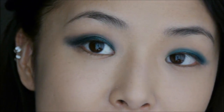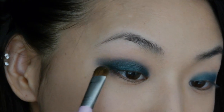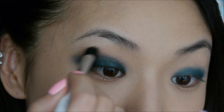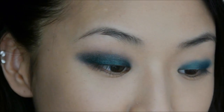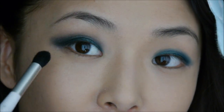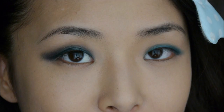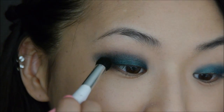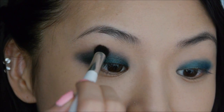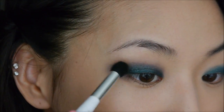I'm just going to take little steps, applying a little bit more and blending it out. This way you'll avoid having the look like you just got punched in the eye. You just add color little by little. You can see what looks good with your actual eye shape. And I definitely recommend practicing this once or twice before your actual prom night. But that'll give you the perfect smoky eye, because you're just adding things little by little and it won't look